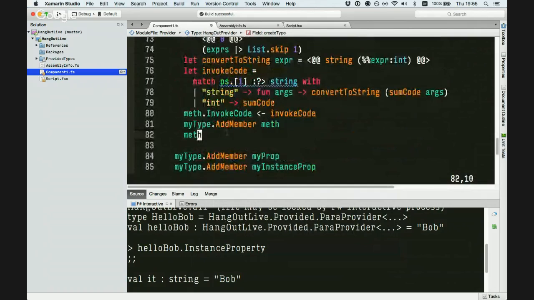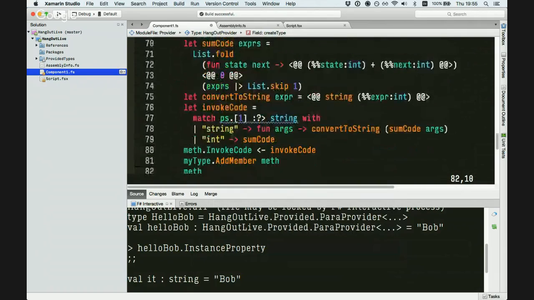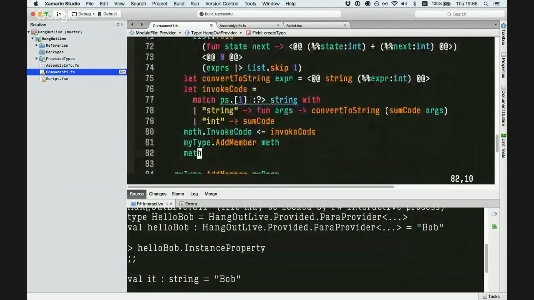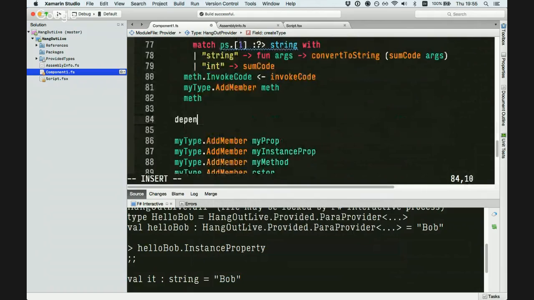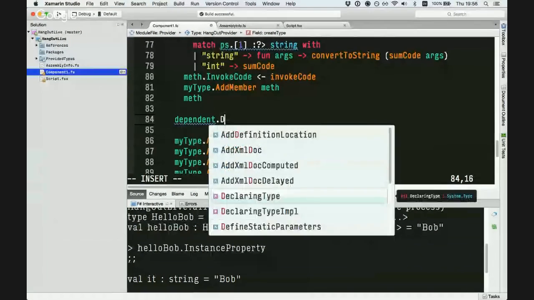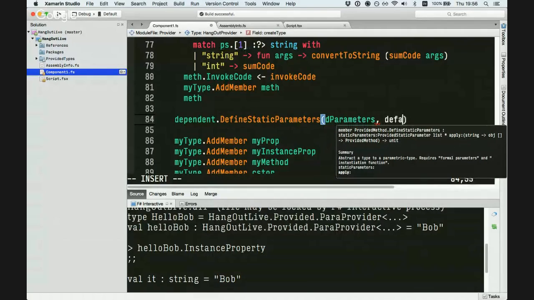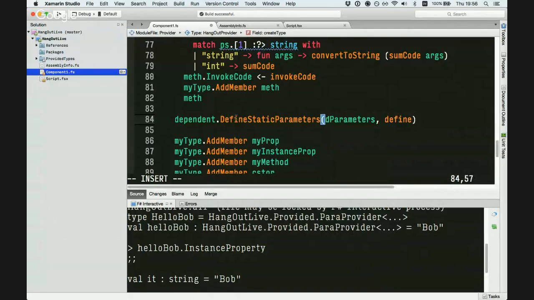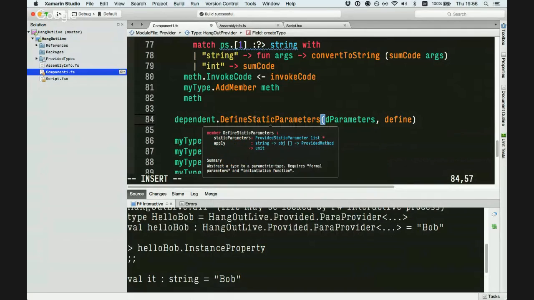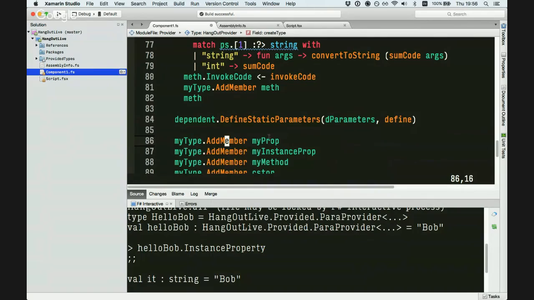Okay. Then, what do we call our thing, dependent? So, define our static parameters. We give it our parameters. We give it our function. And that should do the job there. And then we just need to make sure that we actually